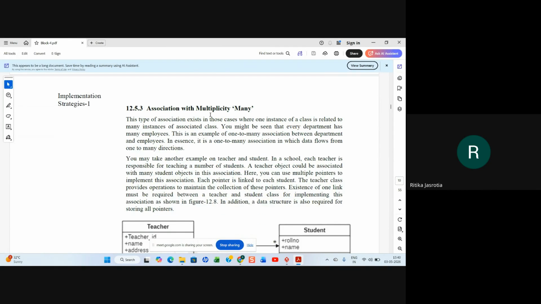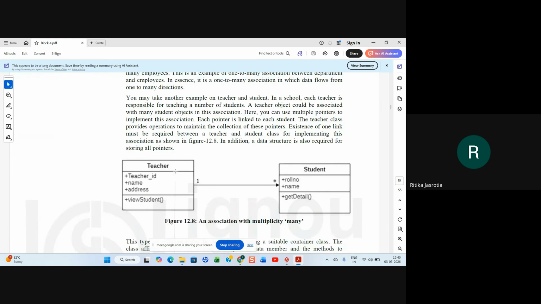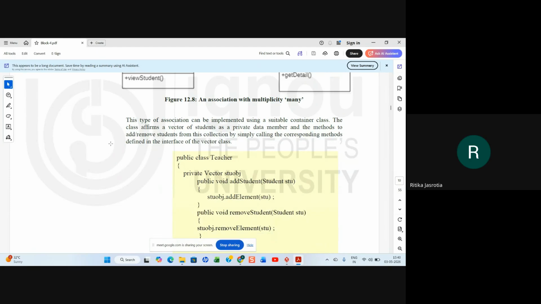Then association with multiplicity, that is many, like one teacher can have many students, can teach many students. This type of association can be implemented using a suitable container class. The class affirms a vector of Student as a private data member, and the methods to add or remove a student from this collection by simply calling the corresponding method defined in the interface of the vector.